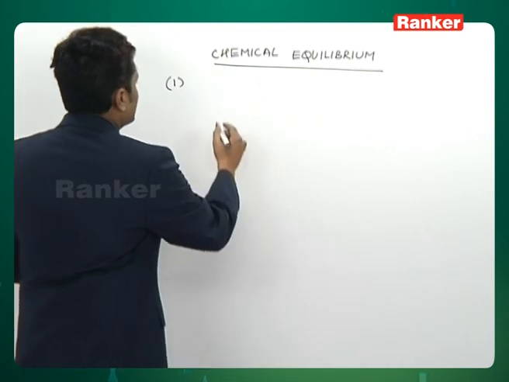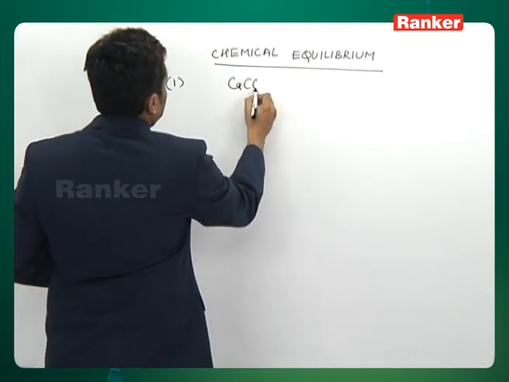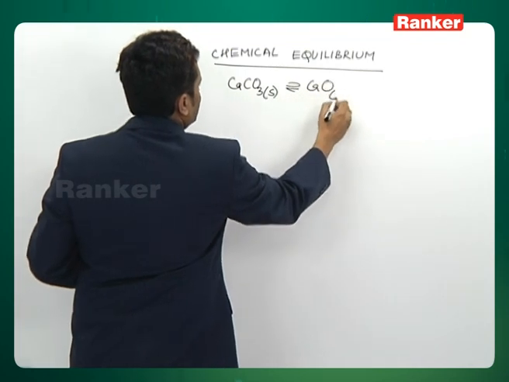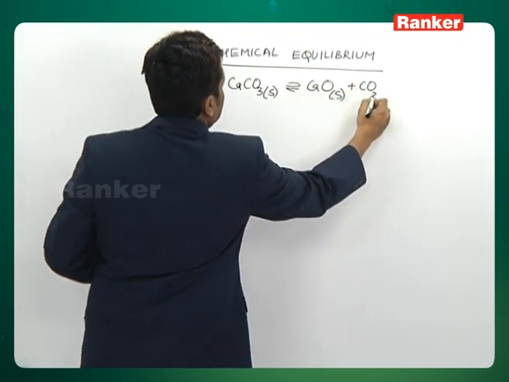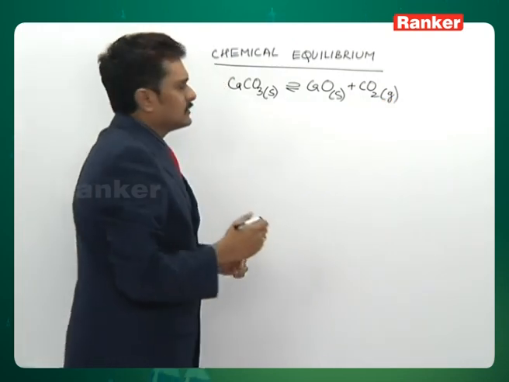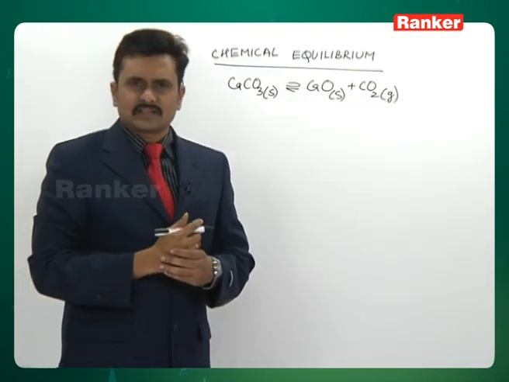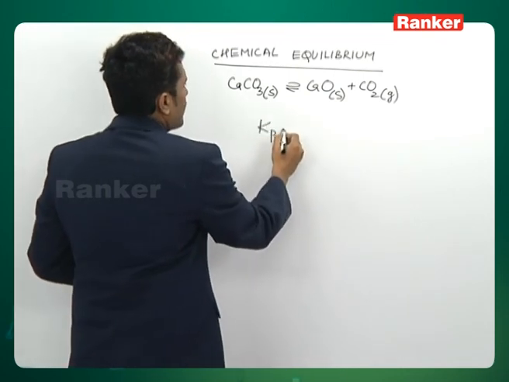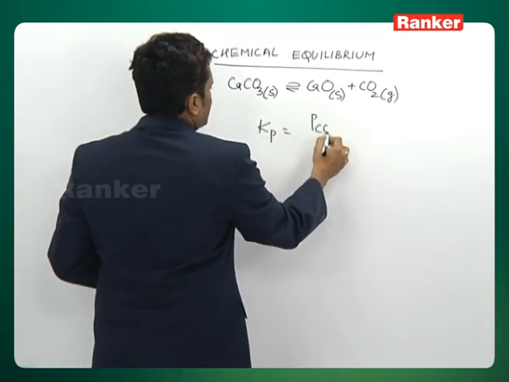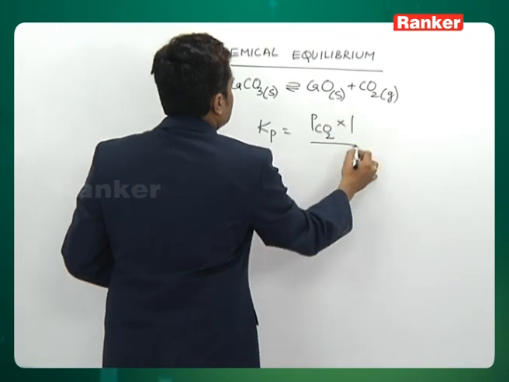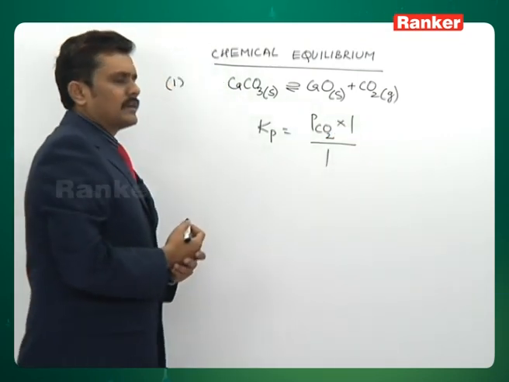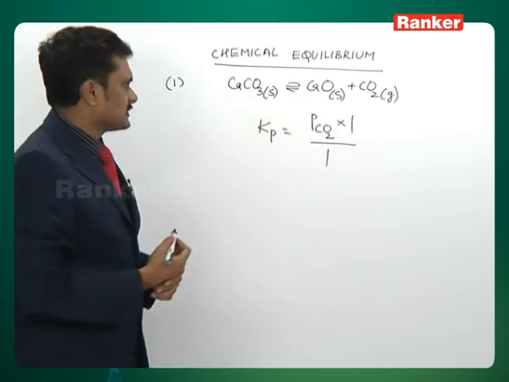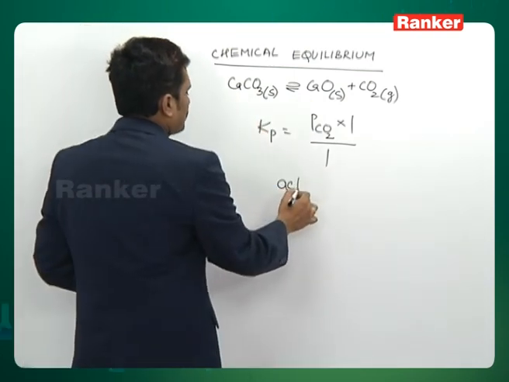If you consider any equilibrium which is containing either a pure solid or liquid, for example I am considering the dissociation of the calcium carbonate at high temperatures. Here when we write the equilibrium constant in terms of the partial pressure, we include only the partial pressure of the CO2, ignoring the vapor pressure due to the CaO and CaCO3 for the reason that the active mass